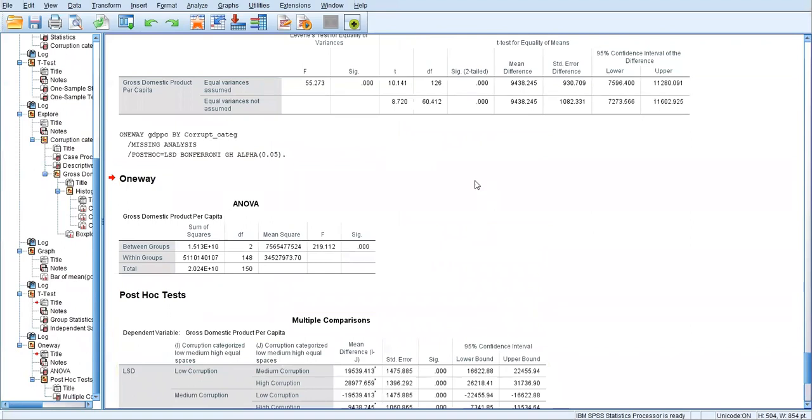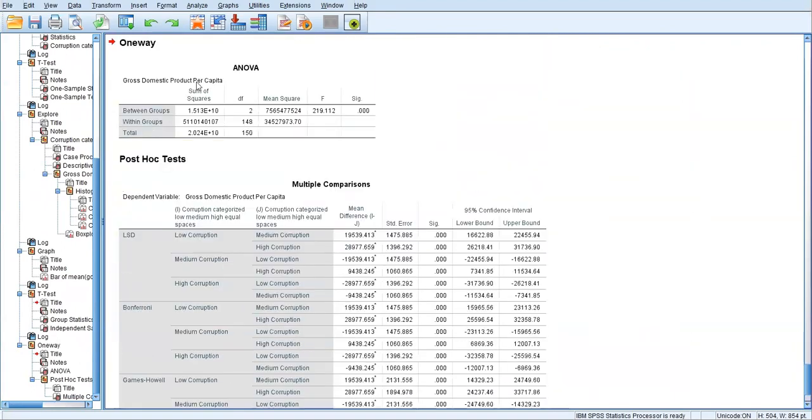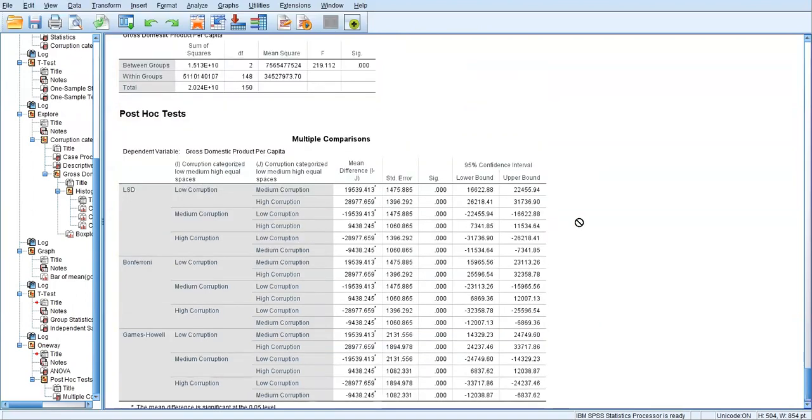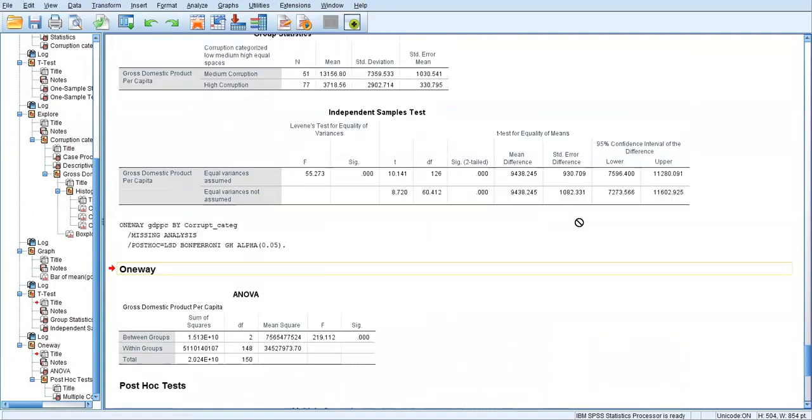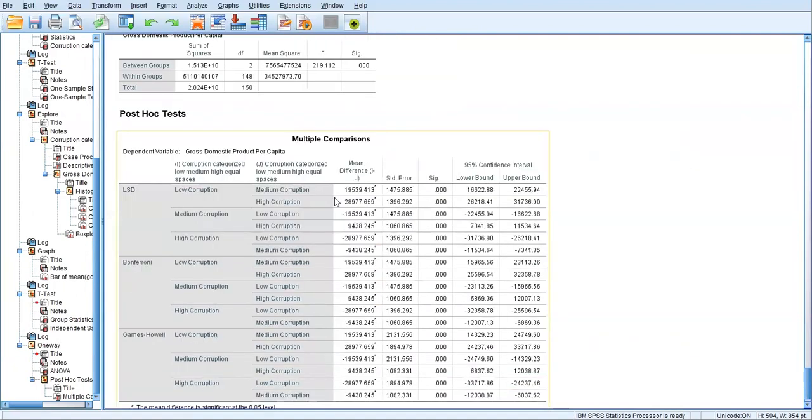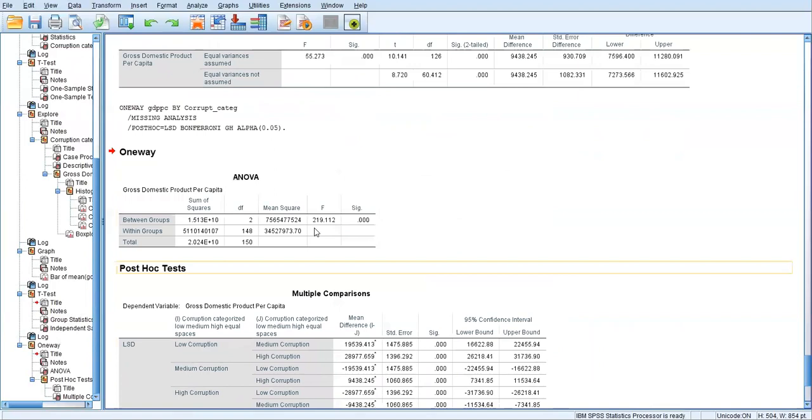So we have a whole lot of information here. We have our omnibus ANOVA test. Are there differences here? So our between and within. Based on this, our F statistic is 219 with a p-value less than 0.05. So this is telling us that, yes, there are significant differences here. We also have the post-hoc comparisons. This is each of the comparisons. And actually looking at this,